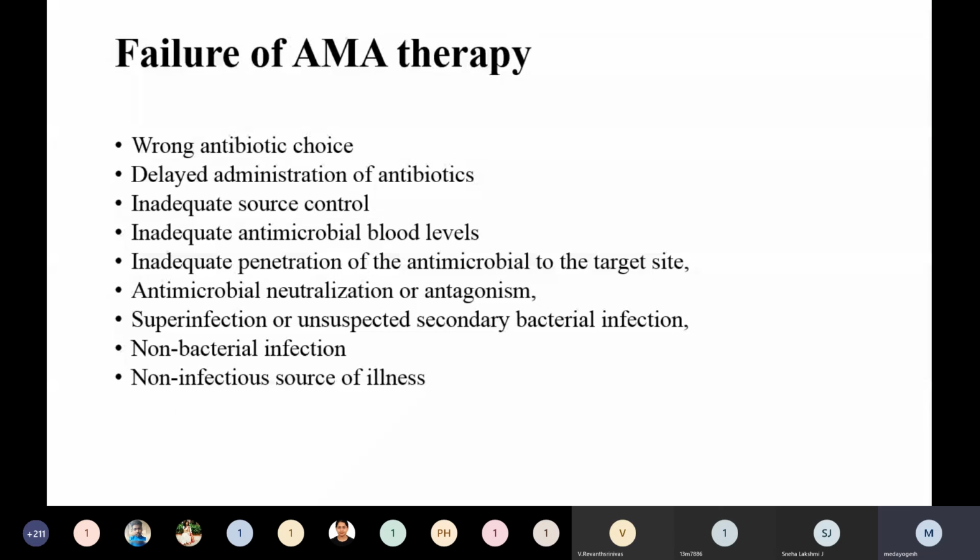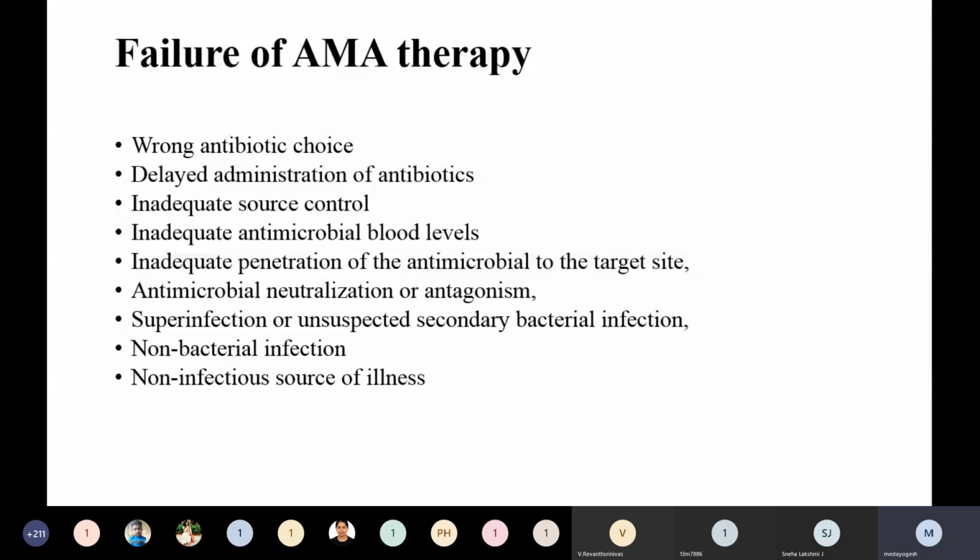Fine. So we have learned so many things, general considerations of chemotherapy. In spite of the availability of so many drugs and so much knowledge, sometimes there is failure of antimicrobial therapy. So what are the causes of this failure? It can start with the wrong choice itself. Secondly, if we do not start it at the right time, if there is inadequate source control,